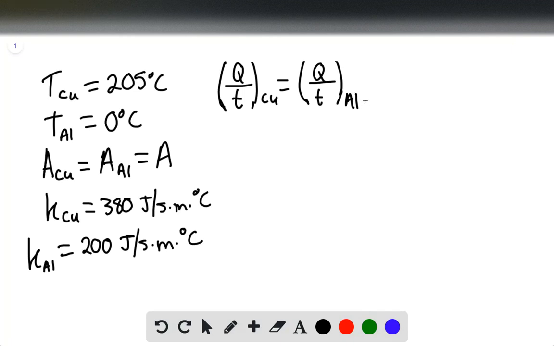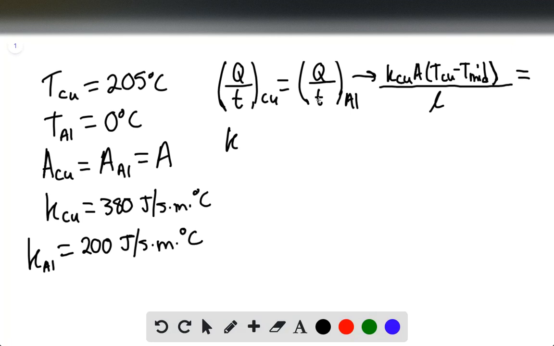So essentially, this is a conduction problem, and we find that this is going to be the thermal conductivity of copper times A times T of the copper minus T mid. T mid is what we're trying to find. So that's the temperature in the middle. And then we have divided by L, the length of the copper rod. So we can say that this is going to be equal to the thermal conductivity of aluminum times A times T of T mid minus T aluminum